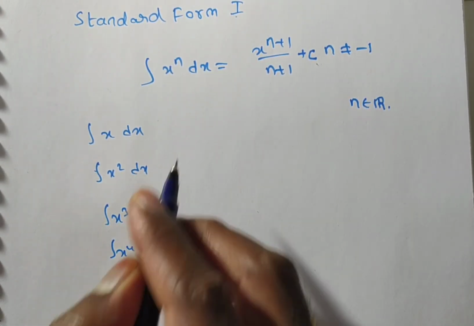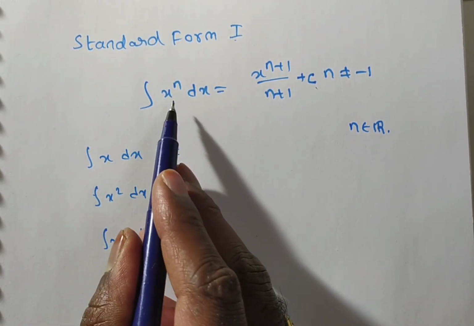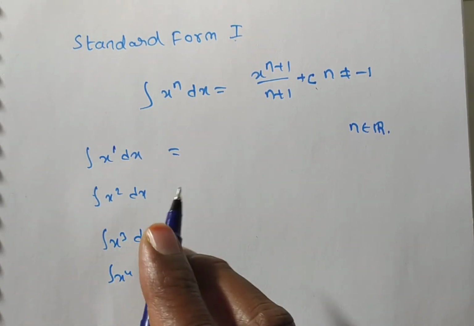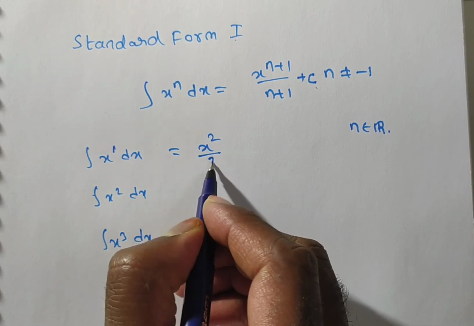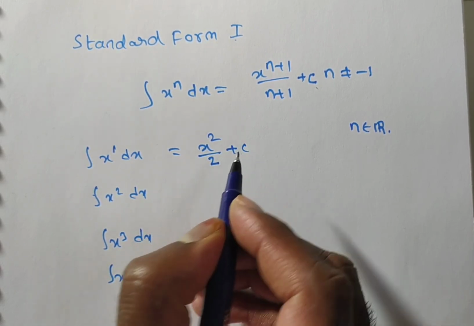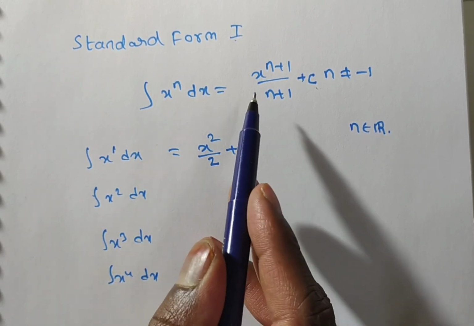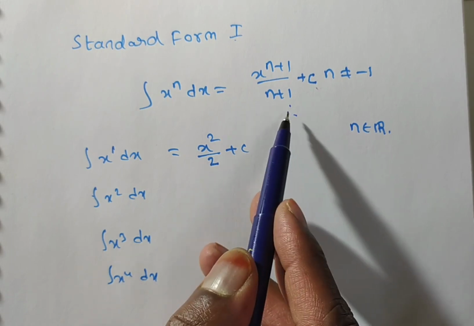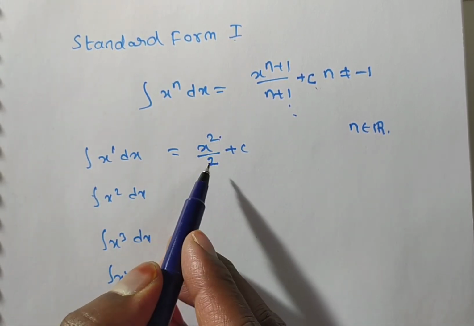dx. Now you see, what is integral of x dx? This is in the form of x to the power of n. Is it or not? Yes. So what is n here? n is equal to 1 in this case. So x to the power of 1 plus 1, that is 2, by 2, plus c. Once again I am repeating the formula. Integral of x power n dx is equal to x to the power of n plus 1 by power plus 1. Okay. Now here what power do I have? 1. So x power 1 plus 1 by 1 plus 1.